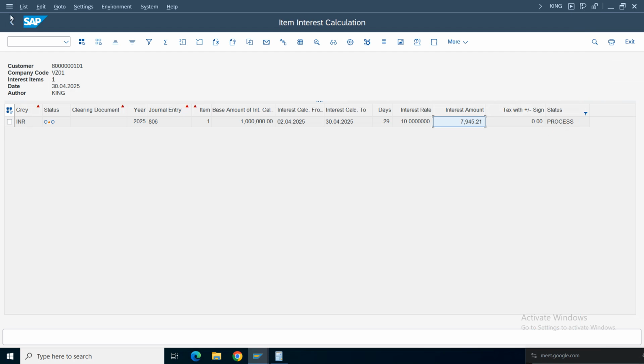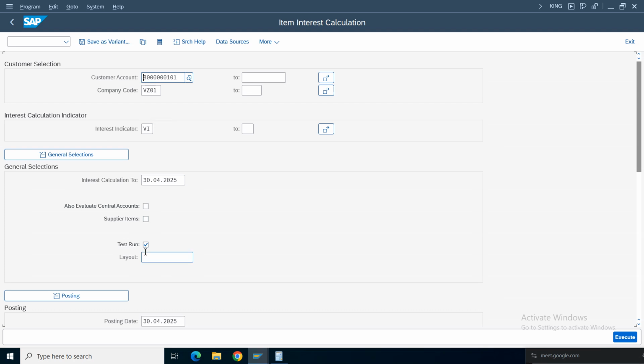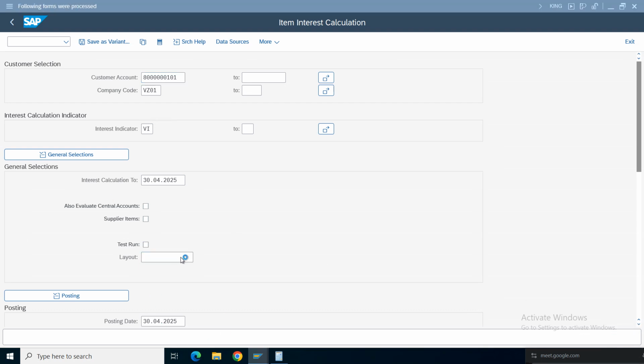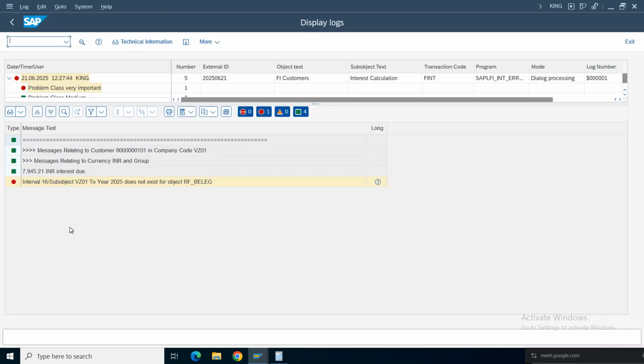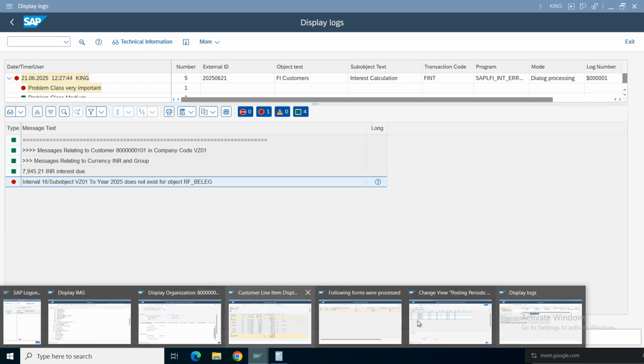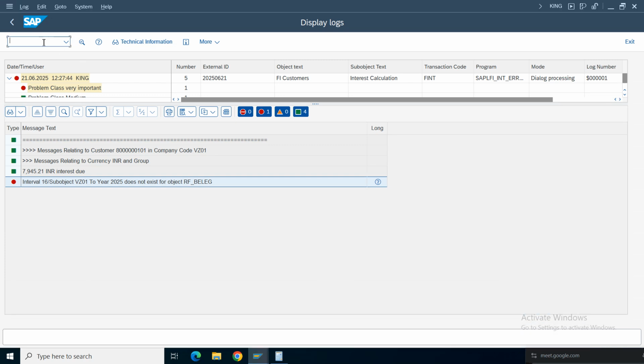Now we have executed this program in the test mode. We need to execute the program in production mode. Once you execute in production mode, we see some number range issue. Interval 16 sub-object is missing. What is 16, sir? Anyone? No, sir. Slash O